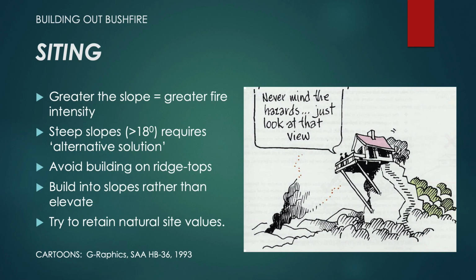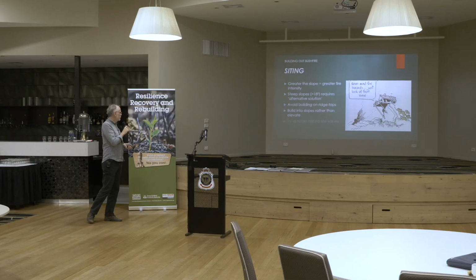Building on ridge tops, building on slopes, that's where the fire is likely to crown. That's where the flame driven by erratic winds has preheated everything, and when the ignition starts, off it runs. It is the hardest, the worst place to build. If you possibly get a chance, you avoid it. You go up there and have your picnic. You don't put your house on top of the ridge if you expect survival and you're in a bushfire prone